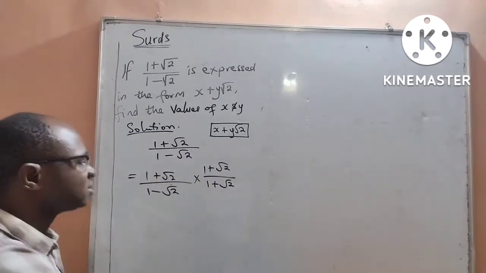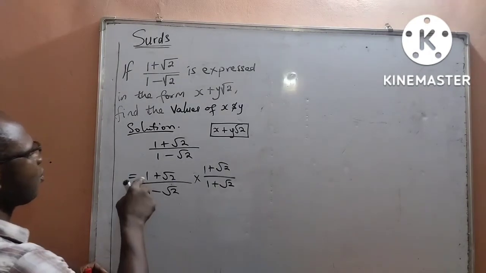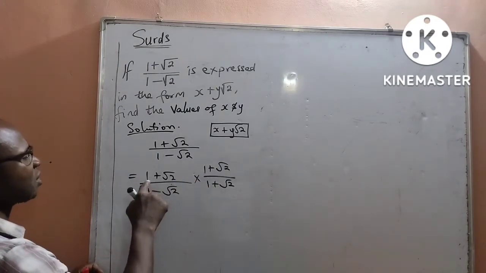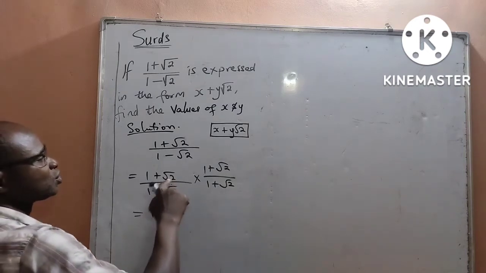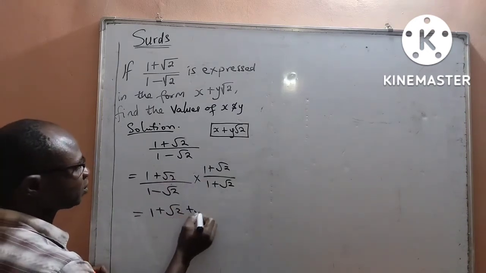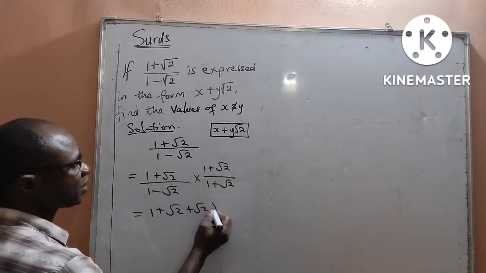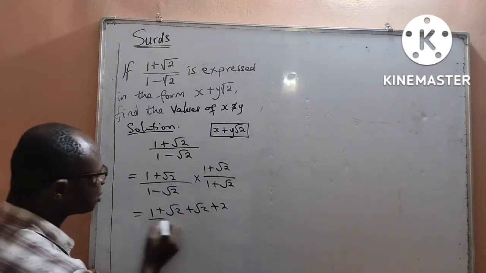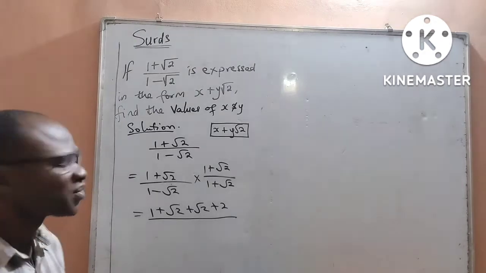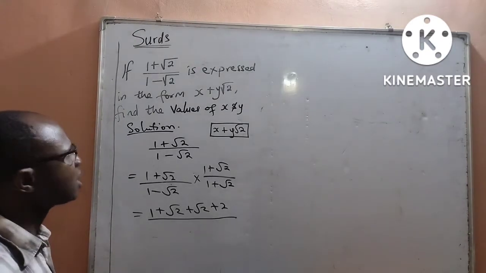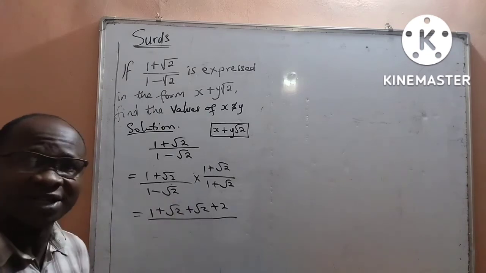Alright? Now, diving in more, 1 times 1 will give me 1. 1 times root 2 will give me root 2. Also, root 2 times 1 is still going to give me root 2, and root 2 times root 2 will give me 2. And at the denominator, in my lesson 3 and 4, I explained how difference of two squares